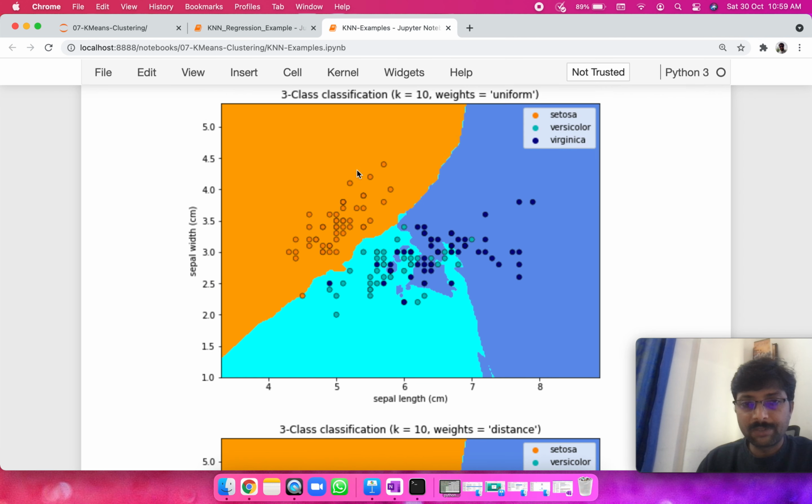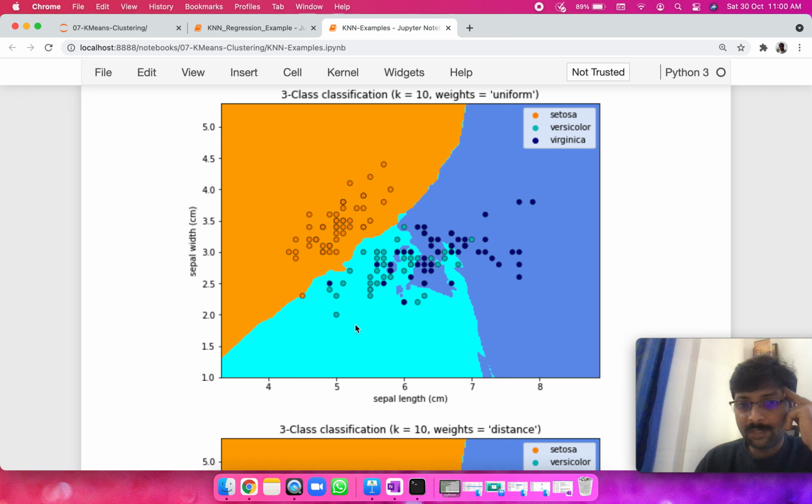Okay, so now we can see that all the things that are in dark orange here, this is the predictions, these are the actuals. So if you see Setosa, we have predicted almost 90% to 99% correct, except this one point. Everything else is very well predicted. So predictions and actuals are matching in that particular category.